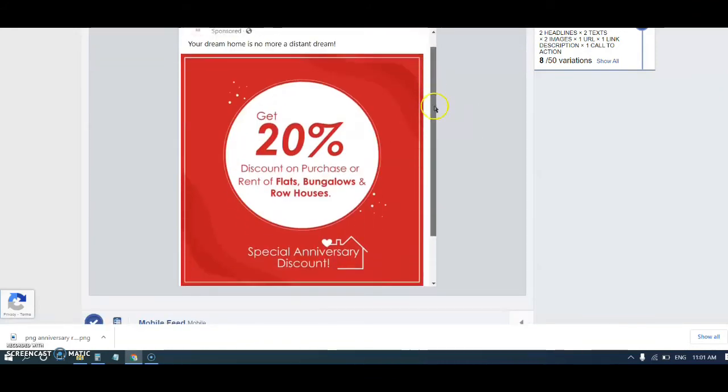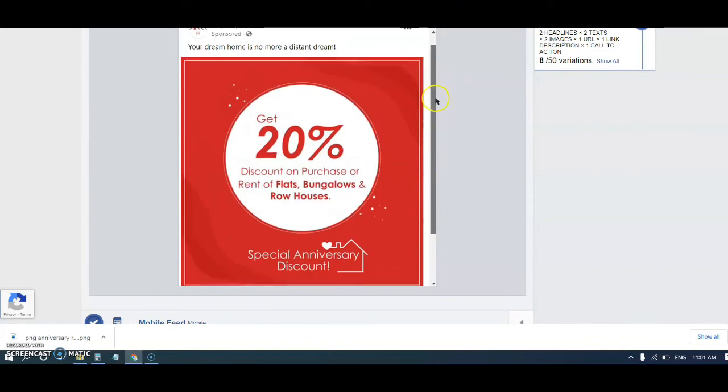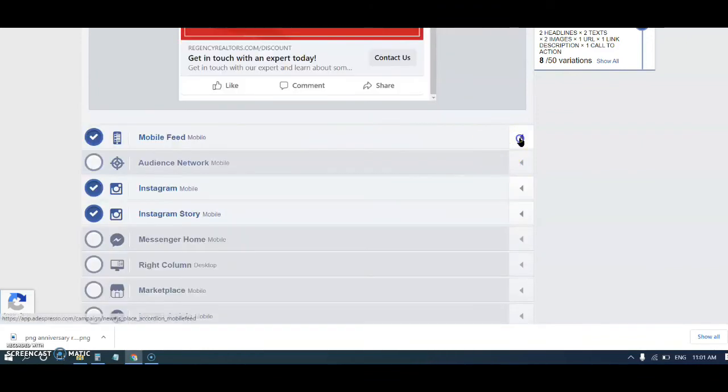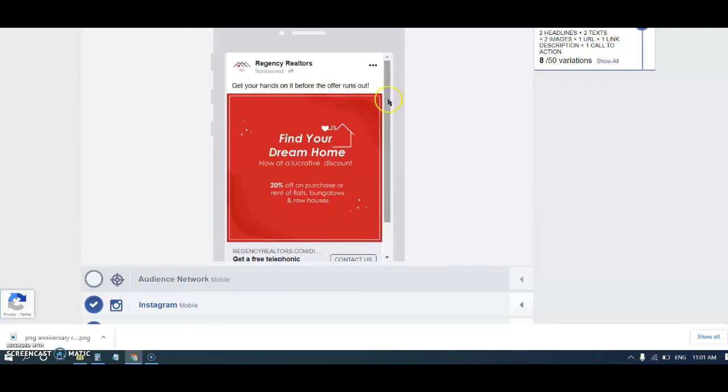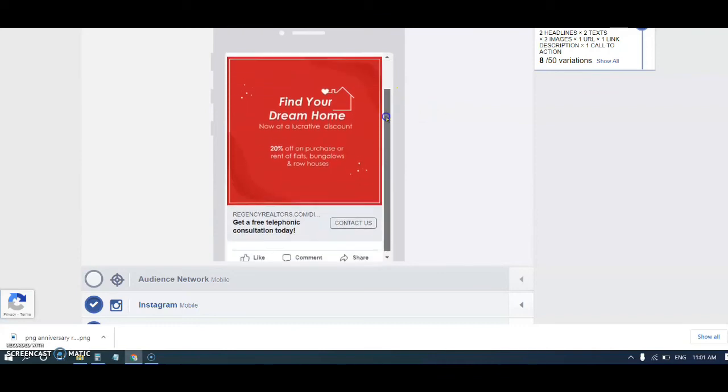So this is how my ad is going to show up on the desktop feed. This is the preview for my mobile feed.